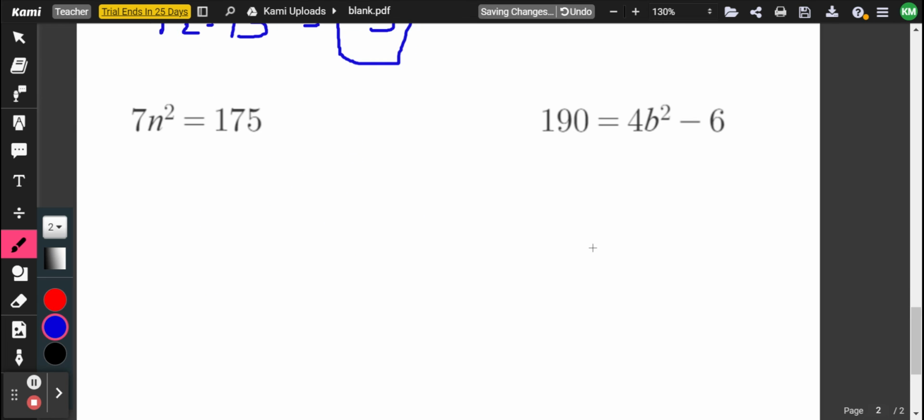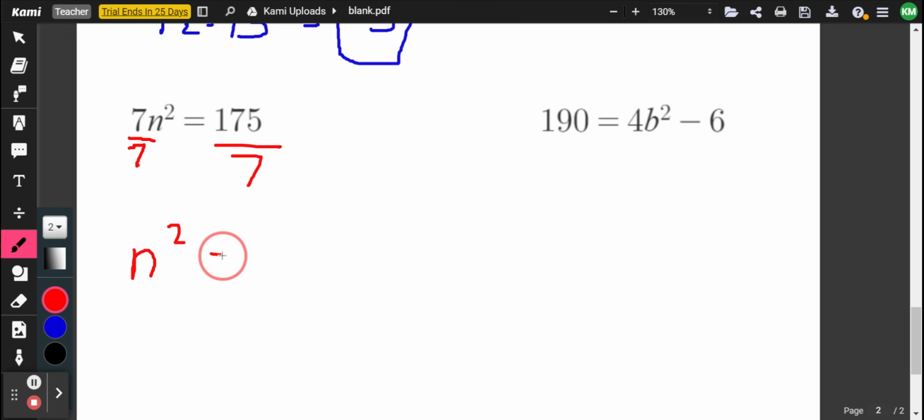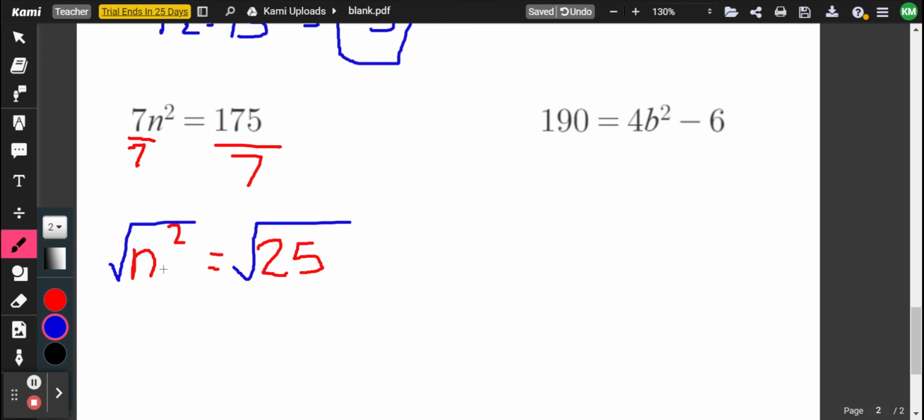We can also solve algebraic equations involving squares and radicals. So for this one on the left, we have 7 times n squared equals 175. And this is just like balancing a normal algebraic equation. Our goal is to get the variable by itself. So I'm going to want to divide by 7 on both sides. I get n squared equals 175 divided by 7, which is 25. Now I want to get rid of this exponent, so I do that by using a radical sign on both sides of the equation. So the square root of n squared is n. The square root of 25 is 5. So n